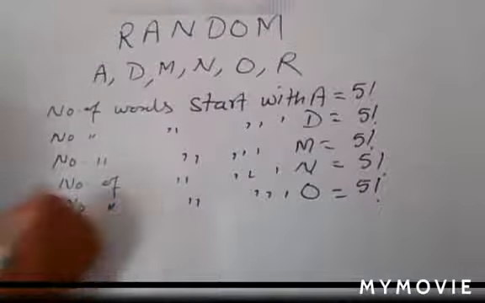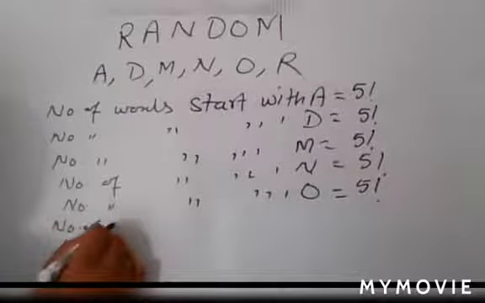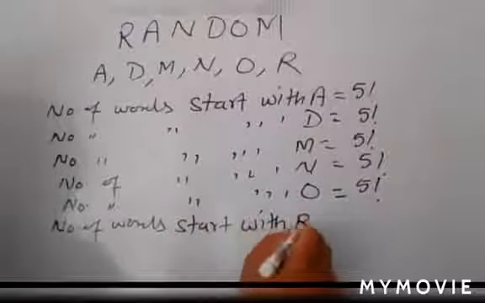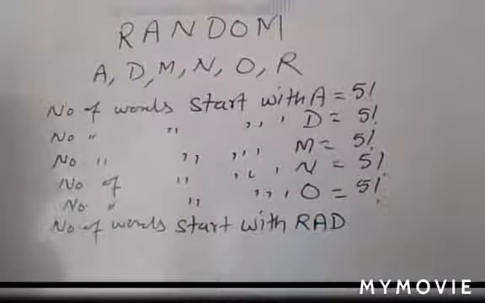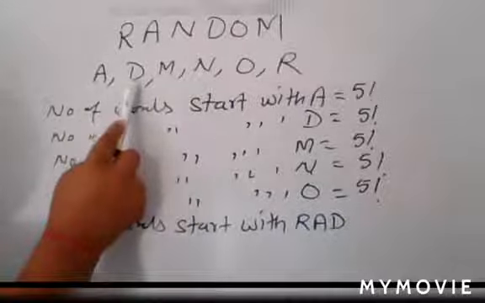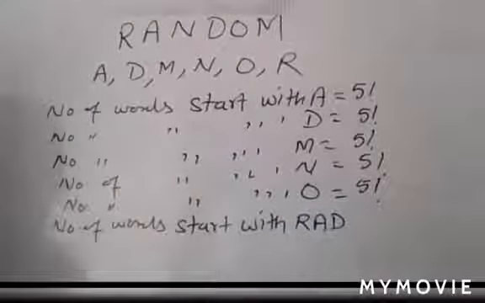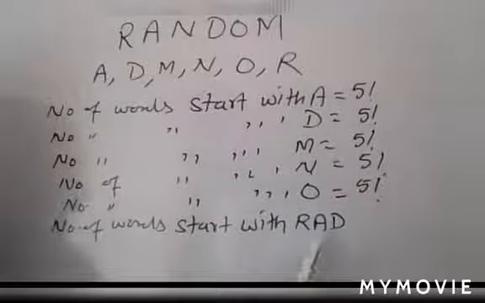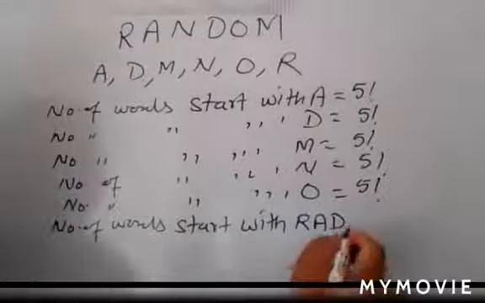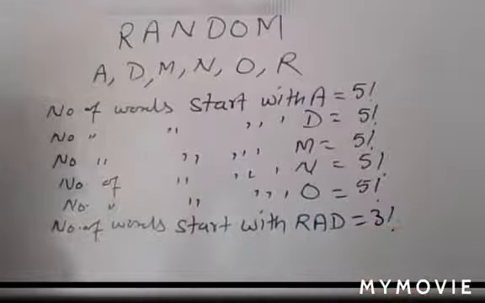Understand? So here you write in this way, the number of words that start with RAD. Here you write the number of words that start with RA, and just after that the letter D. Means RAD is fixed. So here you have a total of 6 letters, in which 3 positions are fixed. So 3 are remaining, which can be written as factorial 3 for RAD.